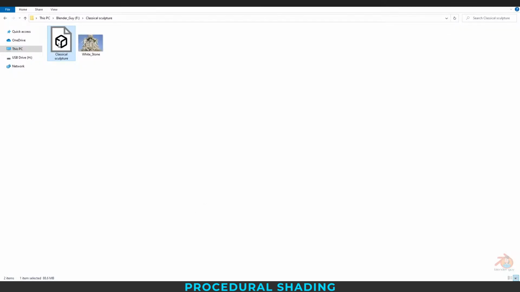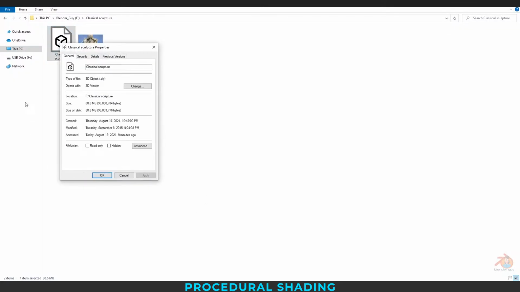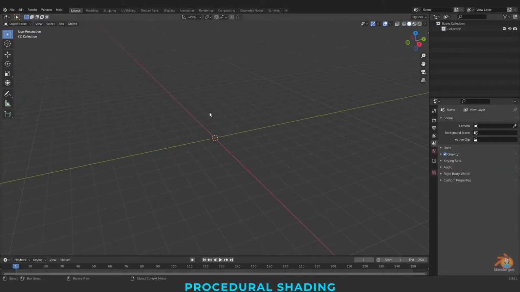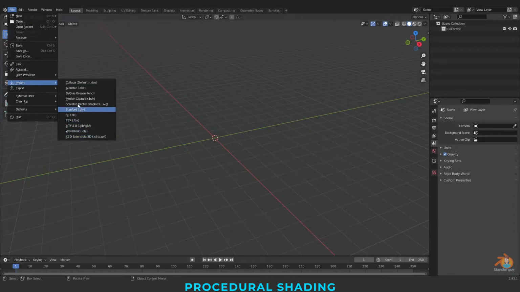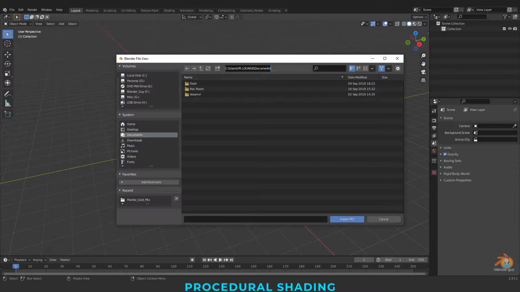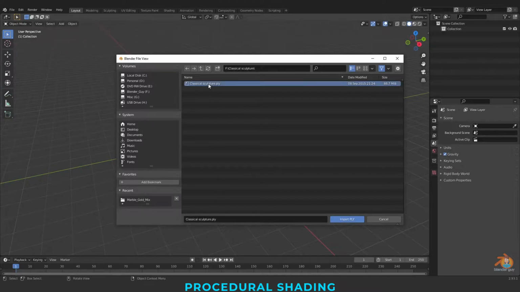Let me check the format first. It's .ply. Let us check, do we have .ply here? Yeah, we have a standard ply here. In the previous versions, we used to enable this in the add-ons.